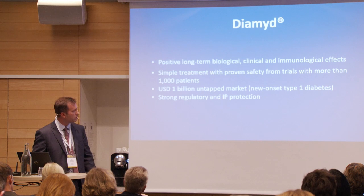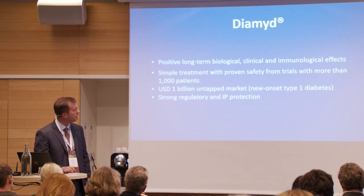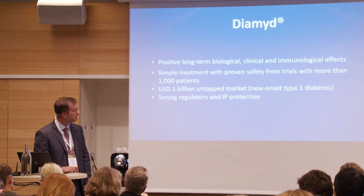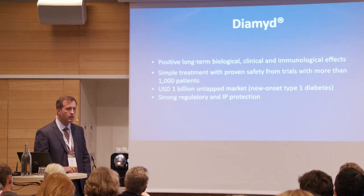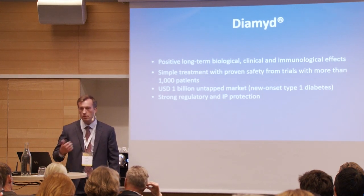And we have strong regulatory and IP protection. We have orphan designation in the US. We have substance of matter in the US until 2032 and have several patents pending for both way of administration, biomarkers,